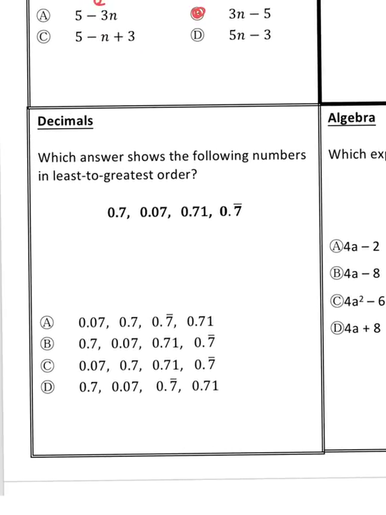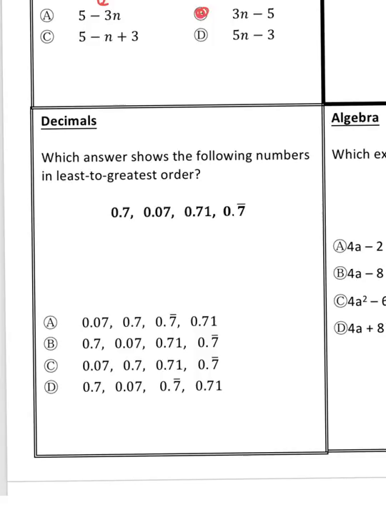Okay, next, which answer shows the following numbers in least to greatest order? Okay, so before I do this, I'm going to make sure they all have the same number of decimal digits. So this one, let me get the highlighter on. This one has 2, this one has 2, the others have 1, so I'm going to add a digit. Now in this one, it's 0.7 repeating, so I have to add a 7. And this one is just 0.7, so I'm going to add a 0. Now I'm just going to treat this like 70, 7, 71, and 77, and put those in least to greatest